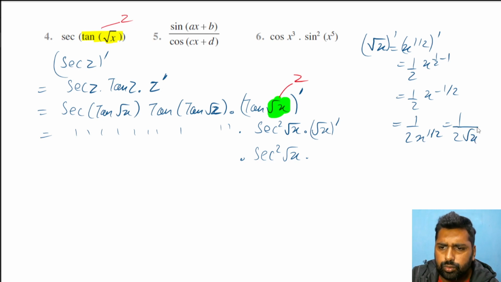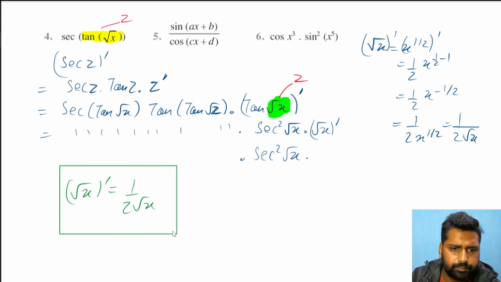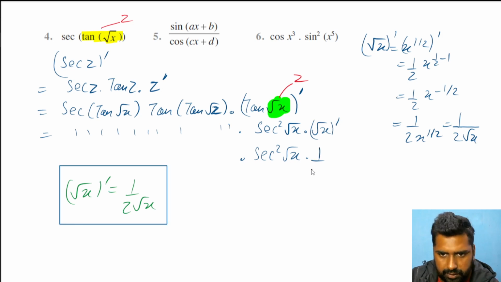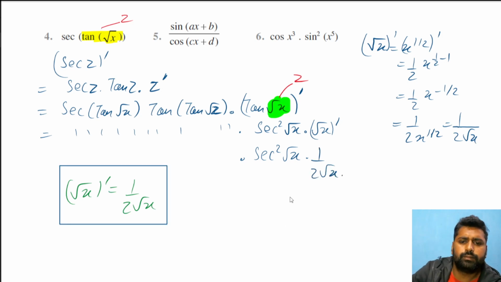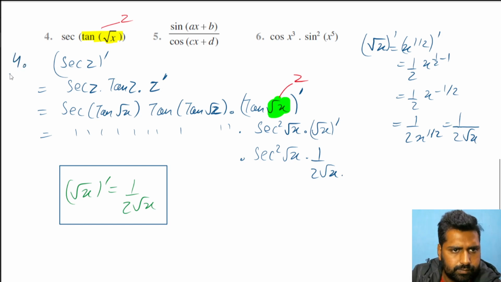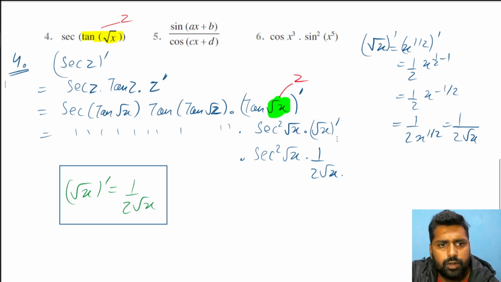So you don't have to go through these steps every time, just learn it, that root x differentiation is 1 by 2 root x. Okay, you'll be doing this a lot, so don't waste time in this. 1 by 2 root x. Okay, that was your fourth question. So it's not like chain rule is applied only once. Chain rule can be applied multiple times also. All right,